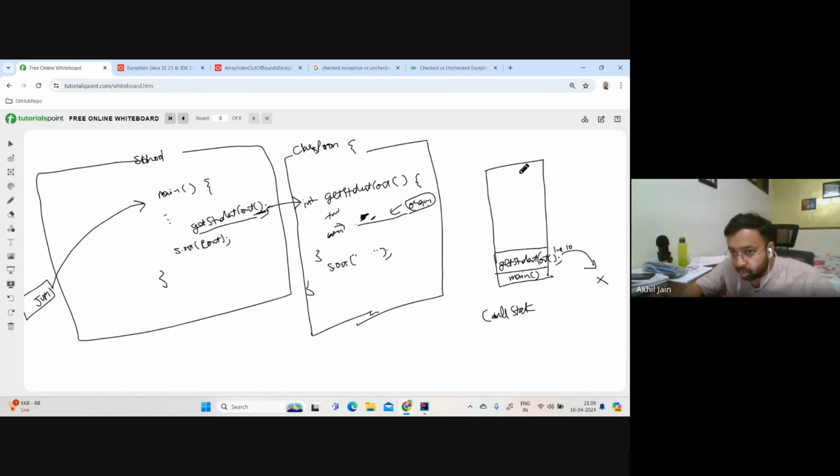And looking at this call stack, it knows who made the invocation to this method. The main method made the invocation, and it knows which line of code pointed to this method. So let's say there is line number 6 here. Now Java will use this information to print on the console